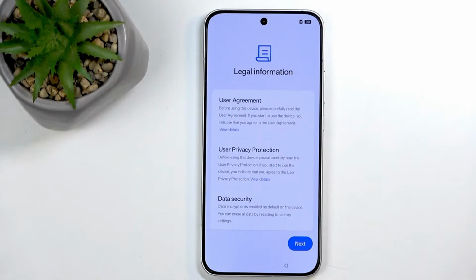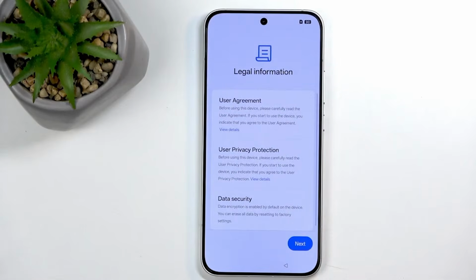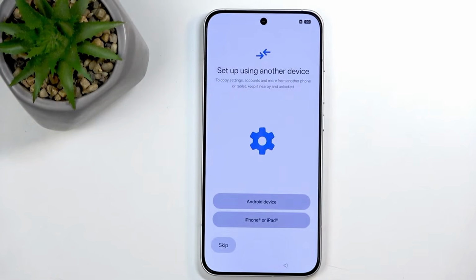So yeah, data security has just a single freaking sentence to explain what it is and how it really does this. To be honest, it's Google, so you got no data security. And there's going to be more on that matter later on once we continue further on to the setup. Now, user agreement, you can read exactly what this is in privacy policy by clicking on the view details. But if you're like the rest of us, you never bother reading a single word, it's just a waste of time, we can go to the next page,